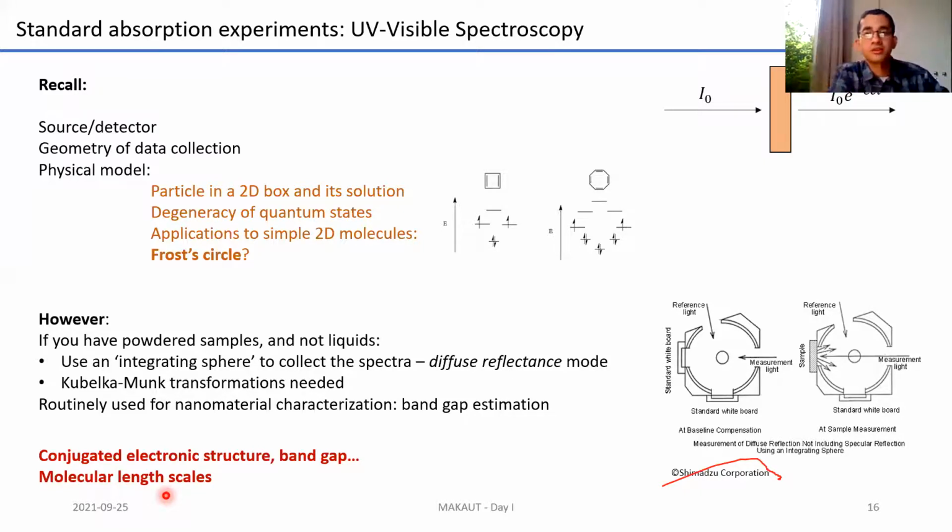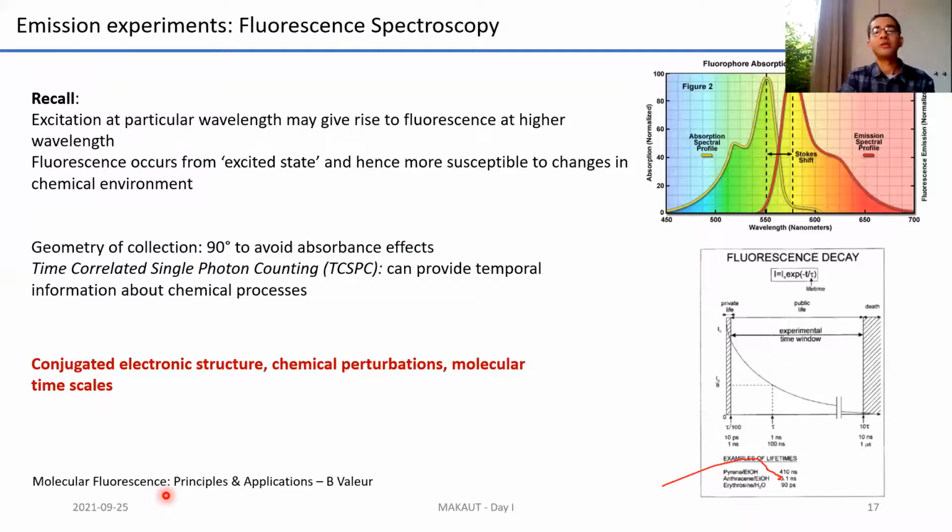Following absorption, the next logical thing is emission, right? Emission spectroscopy is known as fluorescence spectroscopy. You excite the molecule at a particular wavelength and study the emission characteristics. This is a typical fluorescence spectrum, where this is essentially your absorption. It occurs, as you see, at lower wavelength, that is higher energy. Once it is absorbed, the molecule can emit radiation at a slightly lower energy, that is higher wavelength, and this is known as an emission spectrum. So there can be an overlap between an absorption and emission spectrum. There may not be.